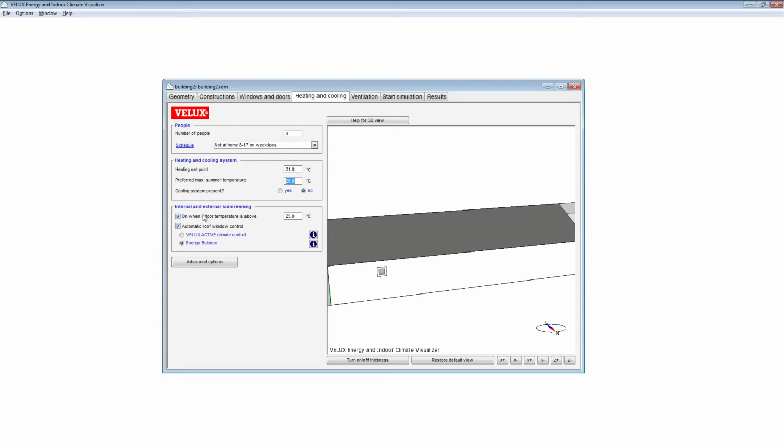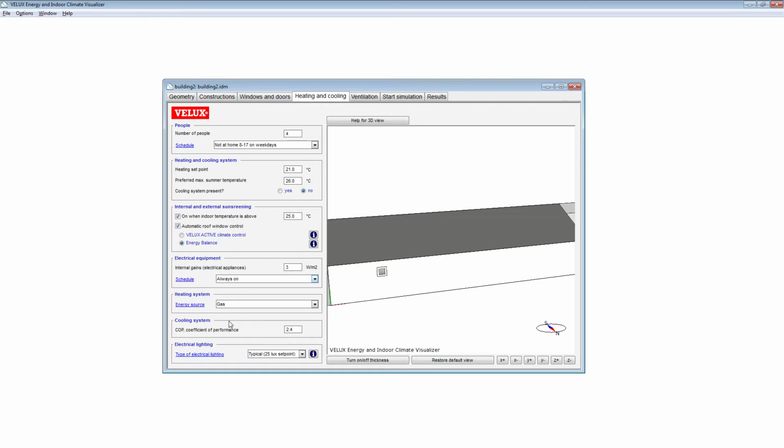Also, we can use a controller for our sun screening, and this is again a Velux product, but it can be controlled by Active Control by Velux or an energy balance. And then we should go into this advanced tab to describe exactly how much internal gains are applied by the electrical equipment and the heating, and what type of heating source we have.